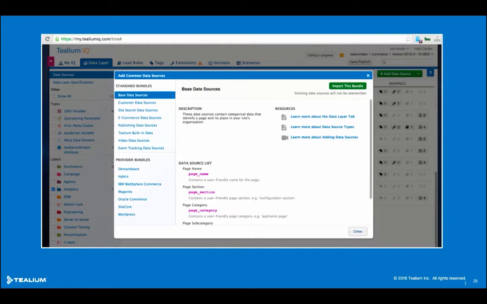You can probably see on the left-hand side we have a list of some of the most popular solutions in the industry. Or you can cherry-pick data sources from our standard bundles that are relevant to your business. So once this universal data layer is established, these sources and attributes can be leveraged within Audience Stream to enrich and take action upon in Optimizely to develop personalized experiences and targeted tests, as I've been mentioning.